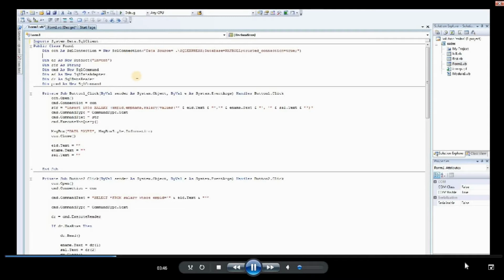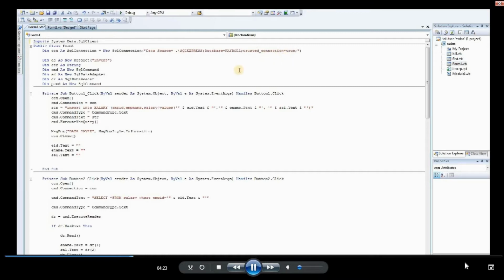The connection string is given like this: Dim con As New SqlConnection. Here con is the variable for the SQL connection. Then you mention the data source, which is what you created in SQL Express with the computer name, the database is payroll, and trusted connection is true. Trusted connection true refers to security operations. Whatever database you created earlier, you have to enter it without spelling mistakes.